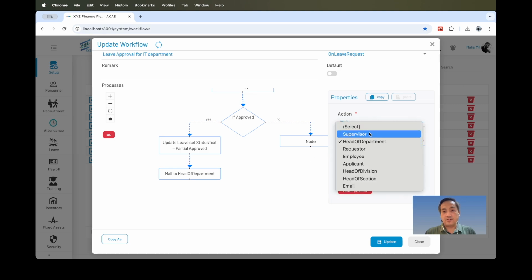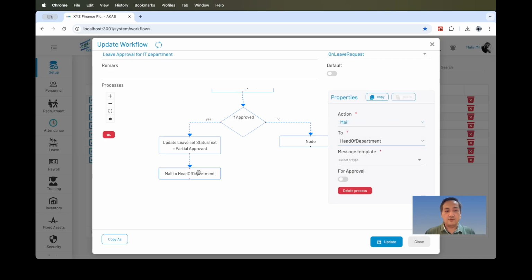So we have supervisor, head of department, send to requester, send to an employee, send to an applicant if it is in the recruitment workflows, head of division or head of section. For now, let's leave all of this. And if you need more information about this in more detail, please comment so I will clarify later.